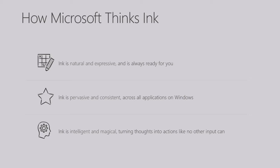So that's great. Today we're going to give you a good overview of how Microsoft thinks about digital inking. And for folks that are already using it, we're going to unveil some new stuff that's come out recently, and a couple tricks up our sleeve that I think will be cool to show with you. So the first slide here is really how do we think about ink